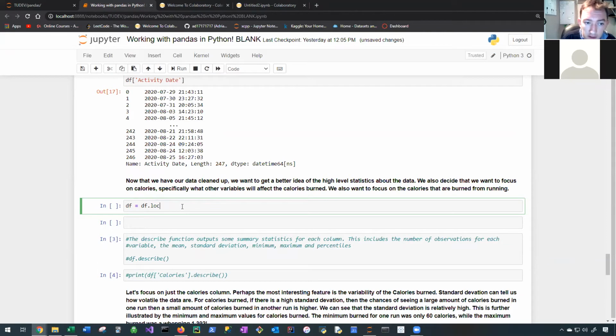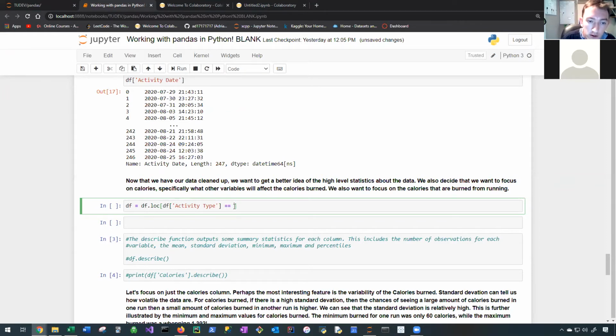Then we're not doing parentheses, we're doing a bracket here. So bracket, we're going to call df activity type, and this is the one that stores whether it's a run or a bike ride. So that's in brackets as well, and we have the apostrophes,